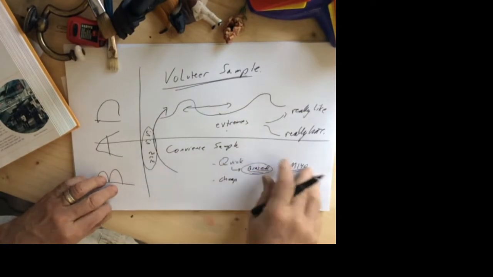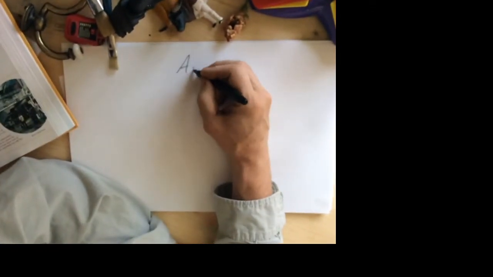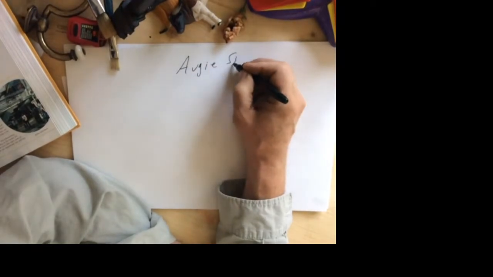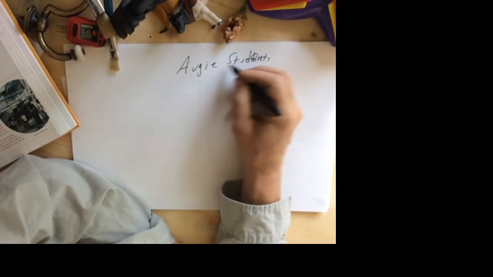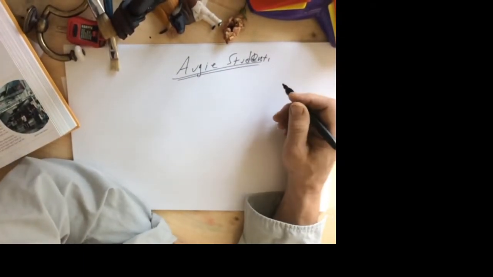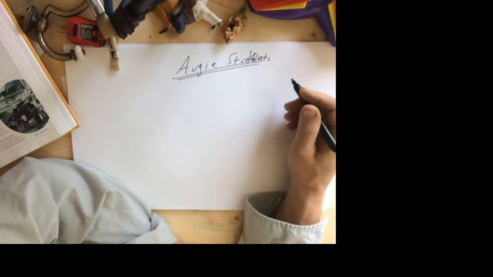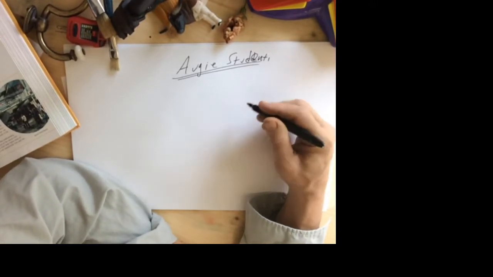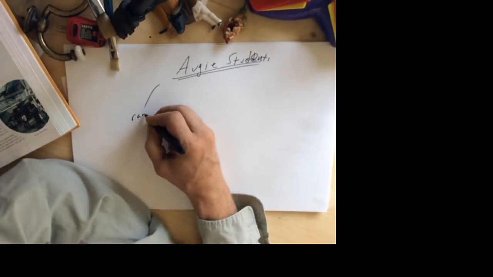Now, let's construct a couple of good samples. So let's pretend I know absolutely nothing about Augie students. So let's just consider the population of Augie students. And I go to the registrar, and the registrar has a list of 2,100 active Augie students. And I just pull names out of a hat. So I randomly select